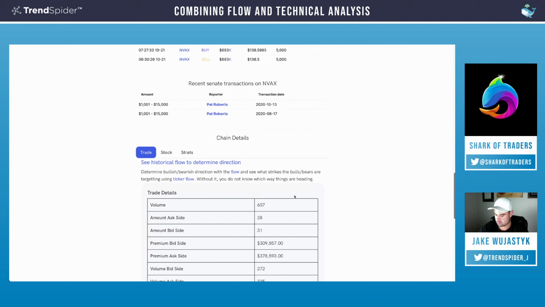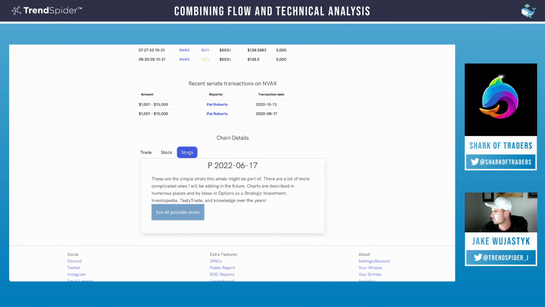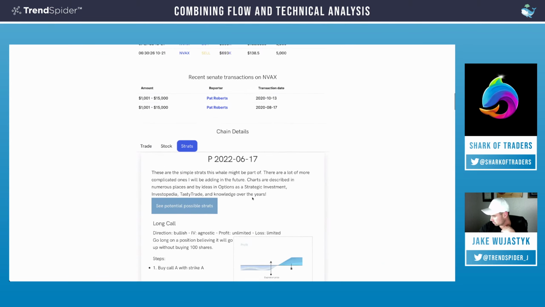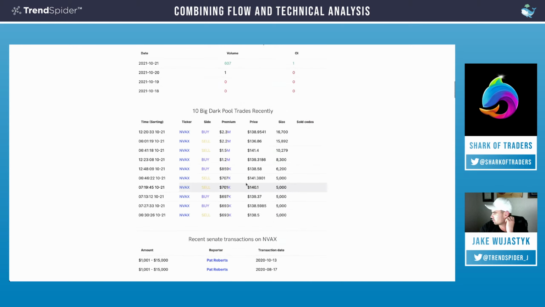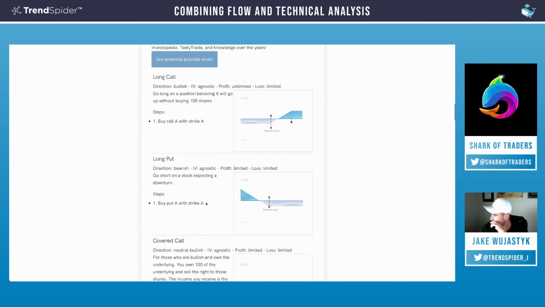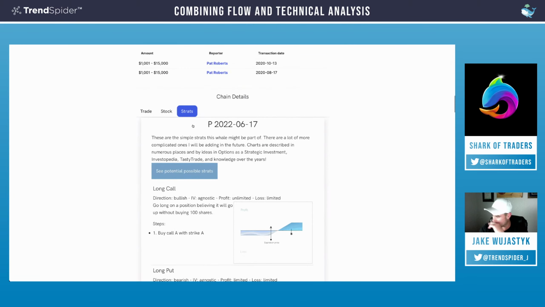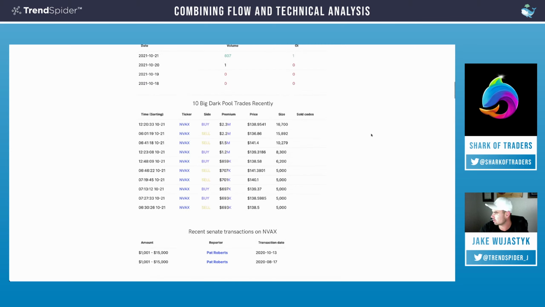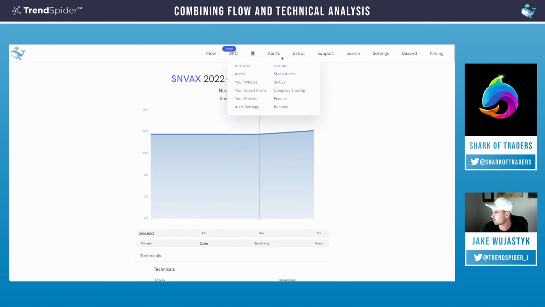And then you get into your chain data. What's even awesome with them too, if you're even new with options, is you can go ahead and check out different strategies within this certain, I think this is a put that we're talking about. So they have different options, long calls, long puts. So they explain the different strategies for you as well. So I know that was a little long-winded of explaining everything, but that's how I go about finding first my